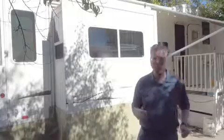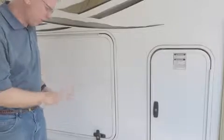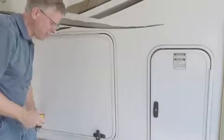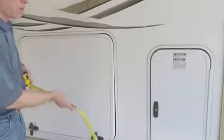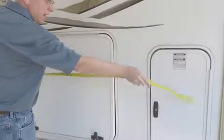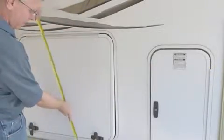We'll go through some of the storage here. So this unit does have quite a bit of storage, both interior and exterior. Going exterior, we've got these big storage areas here. This opens up from underneath, and the storage actually goes all the way to the front. So the storage would be behind this entire area here. So it probably measures about 5.5 feet long by about,